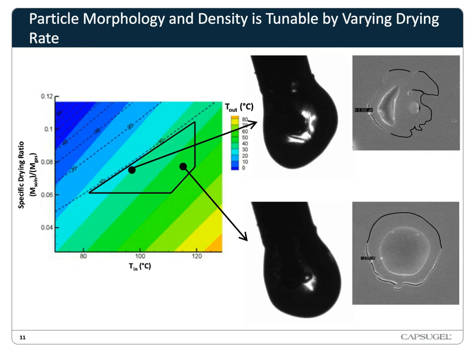And then the other side of that is fast drying, so that's on the bottom. When we dry really fast, we get these very fluffy, hollow spheres, generally with a smaller wall thickness and lower residual solvent. The morphology of these can be seen on the lower right, which is a hollow particle, spherical in nature, and with a lower wall thickness.